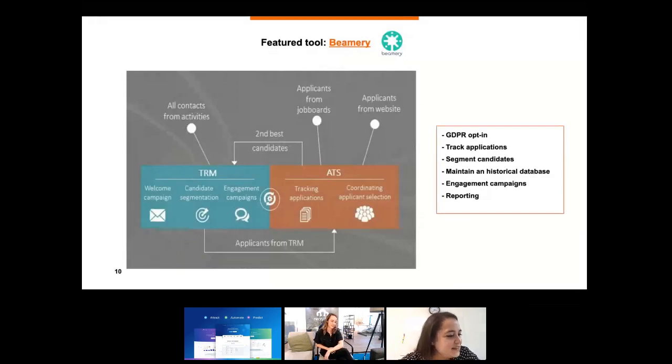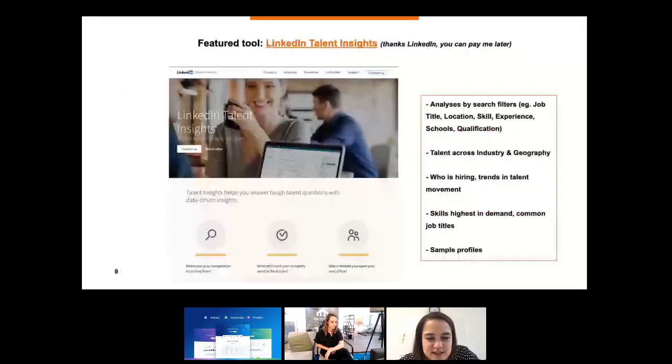Yeah. Okay. So I skipped a slide just to cover another tool that we use. LinkedIn Talent Insights. I don't know how many of you know about this, but the license is a little bit pricey, but so far we found it quite useful. It can give you a nice automated view of the market. You can search with filters. Let's say you have a job description from the hiring manager.